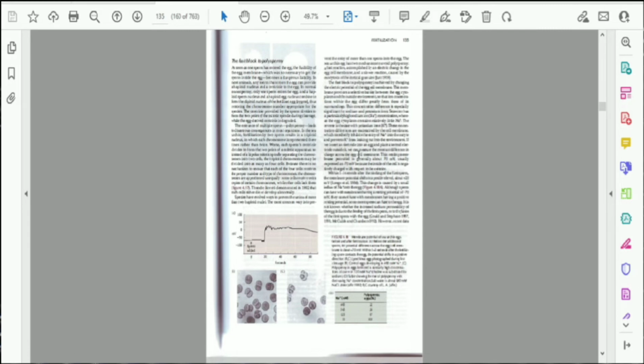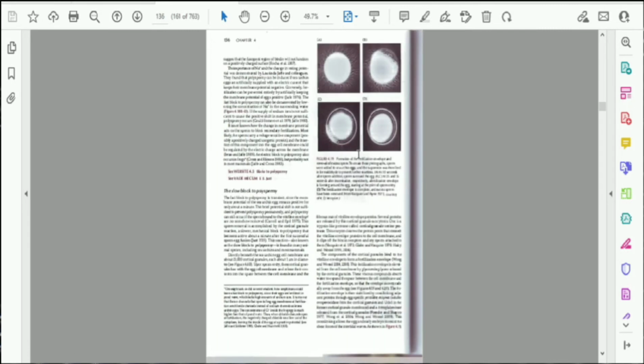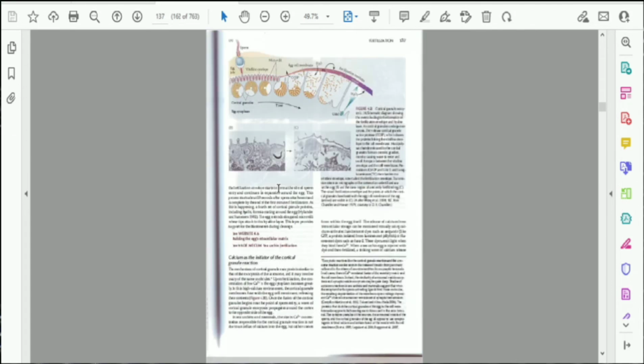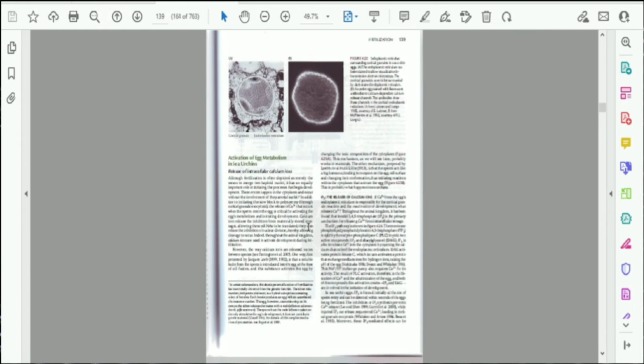How the mechanism works, page number 135 is much more important, and how the slow block to polyspermy works, because you won't find these things hard. It is much more easy. You can complete it in 1 hour. This particular unit called the fertilization chapter you can study fully, and calcium as an initiator, everything,